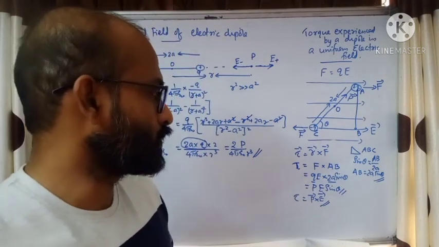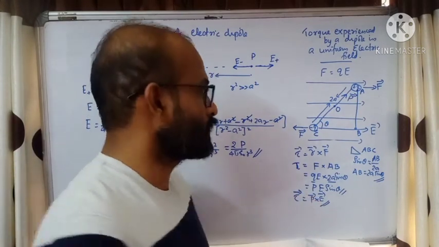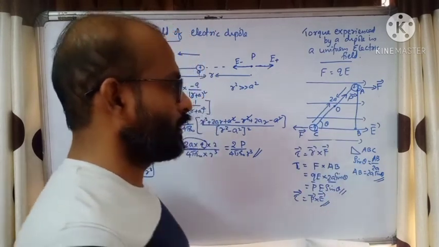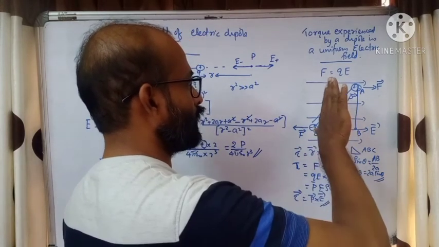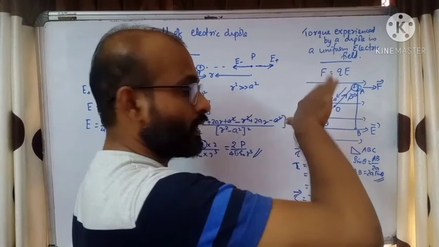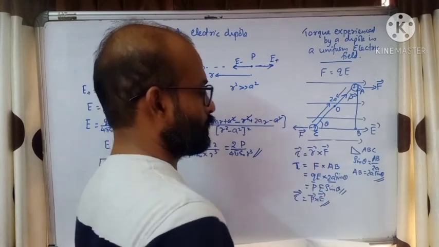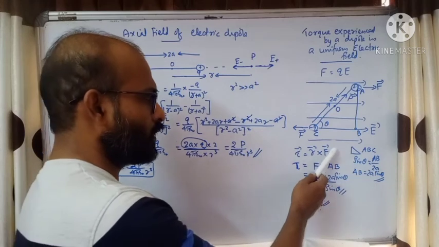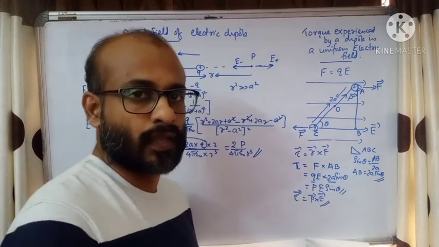So the dipole experiences a torque given by the relation, vector tau is equal to P cross E. This is the direction of P, this is the direction of E. Then what will be the direction of the torque experienced? It will be in a plane perpendicular to this. By the right hand thumb rule, with the thumb indicating the direction of torque, we get P cross E. P E sin theta is the expression for torque. If you want, you can use the relation torque is equal to R cross F. A similar relation you will get: torque is equal to P cross E, P into sin theta.